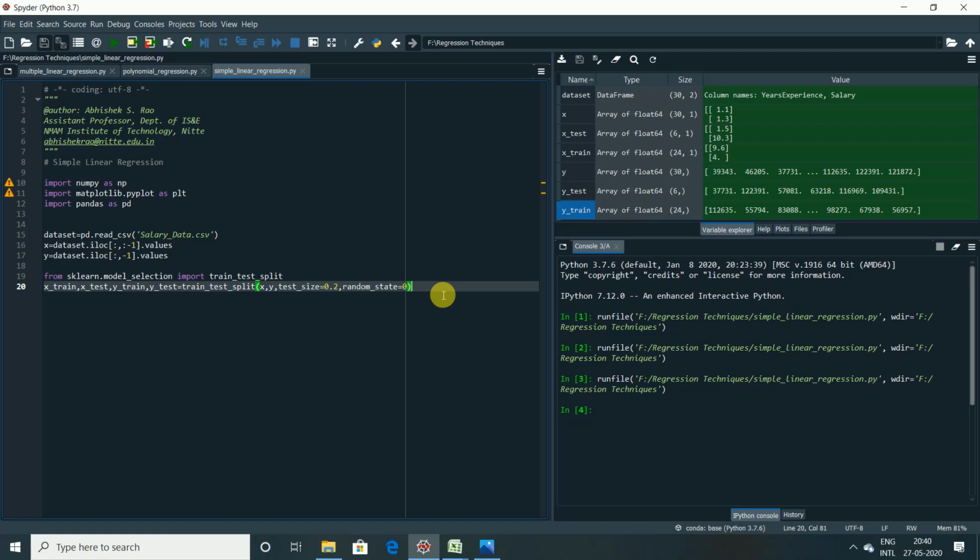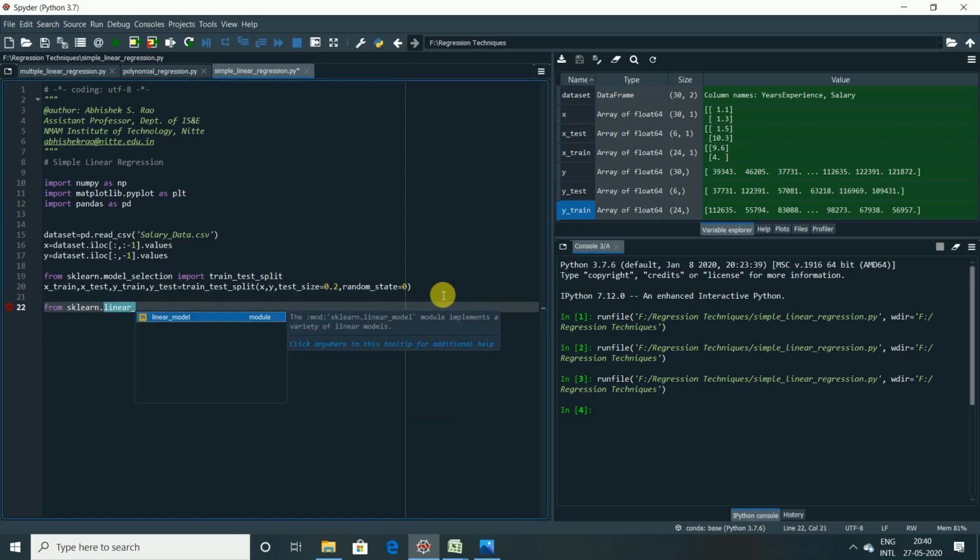Now we will move on to the next step, training the simple linear regression model on the training set. Let us start doing that, again from the library sklearn. Which model are we going to import? That is linear_model. We have this module here, and from this module we import a class called LinearRegression.